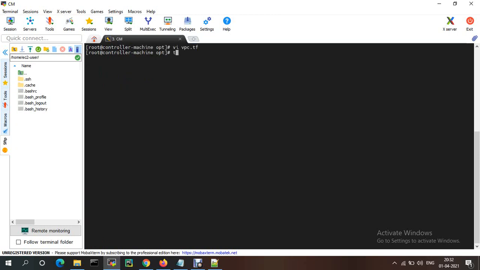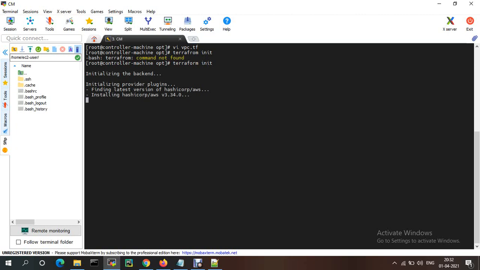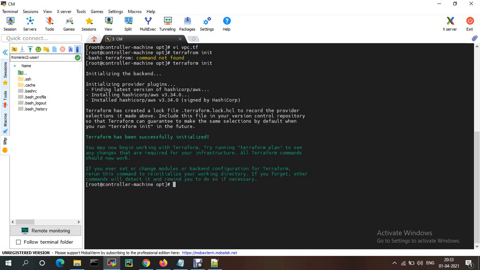Before that we need to initialize Terraform. Terraform init is initializing Terraform. This is the version. Now I'm just running terraform apply.